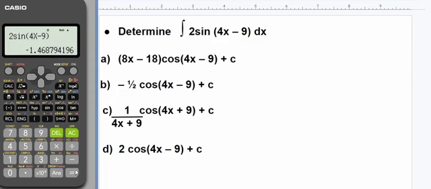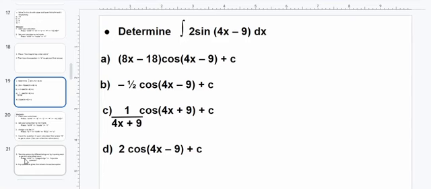Now the answer you got is minus 1.4687941. You don't need to bother about that. You can just take minus 1.4687, that's fair enough, right? So this value you got is actually your answer. But how are you going to know minus 1.4 when it's not even in the options? That's why we go to the next method. Let's see the next method where I expose the answer for you.